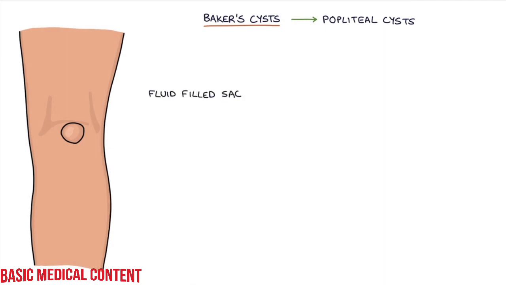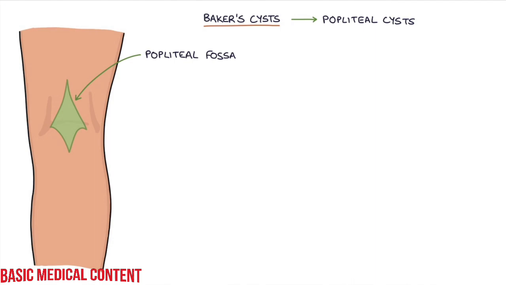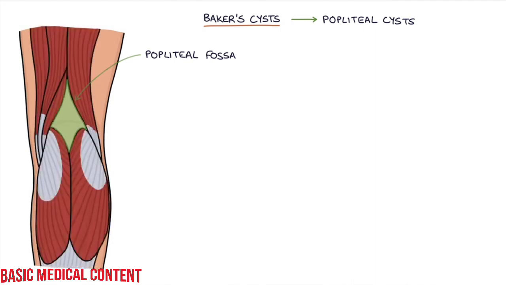In this video, I'm going to be going through Baker's cysts. Baker's cysts are also called popliteal cysts. A Baker's cyst is a fluid-filled sac in the popliteal fossa, causing a lump or swelling at the back of the knee. The popliteal fossa is the diamond-shaped hollow area at the back of the knee that's formed by four